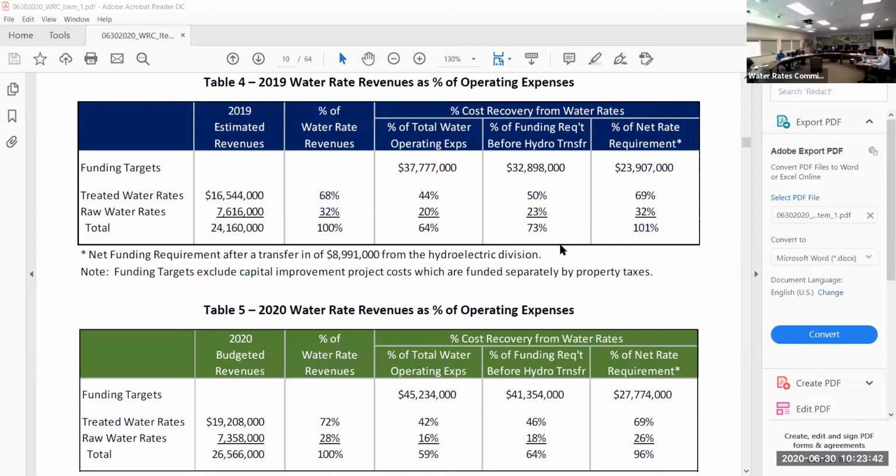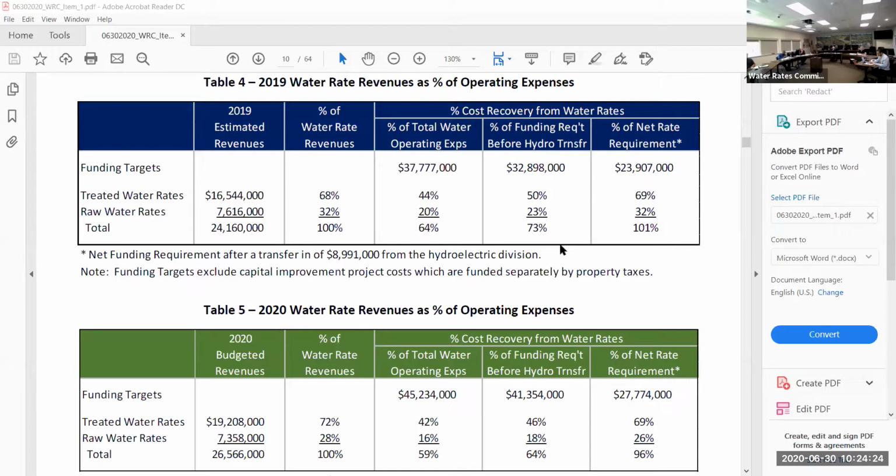For these two tables, the top one was for 2019, and the bottom one was for the 2020 budget. On the left side of the table, for example in 2019, this came out of the financial model. I'm trying to refresh my memory here, so I apologize. No, that's okay. I remember, Alex, the 2019 percent of total water operating expenses, this is essentially the forecasted